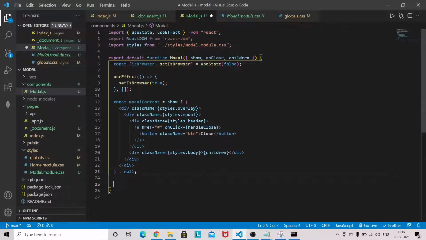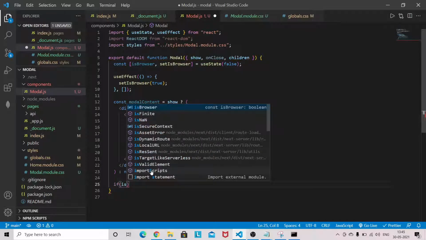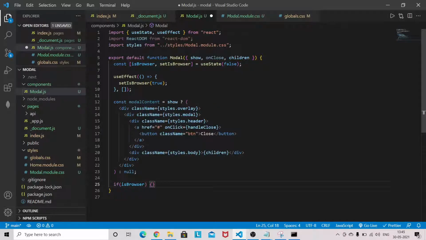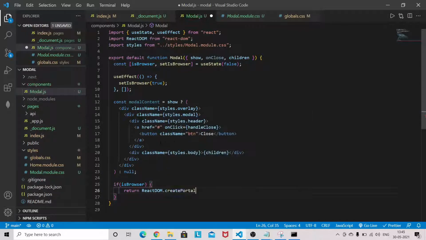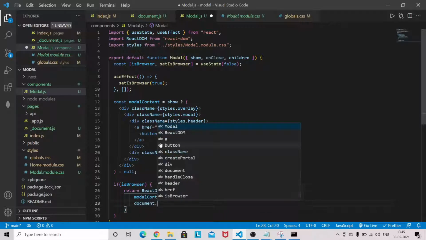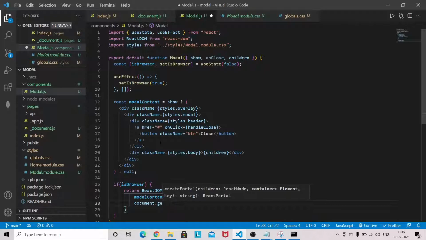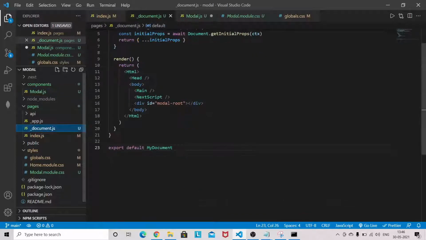Okay, so now if isBrowser, so the moment you click this will be set to true, okay, then return ReactDOM.createPortal with modelContent and document.getElementById, so this id we are going to use, so on this div basically model will open.